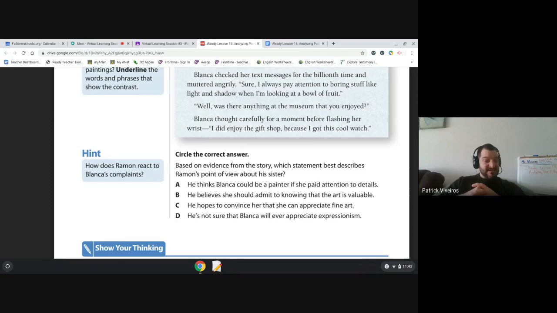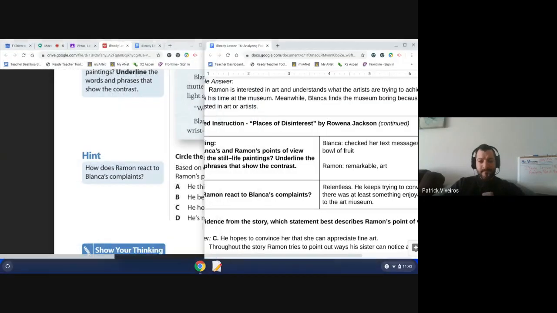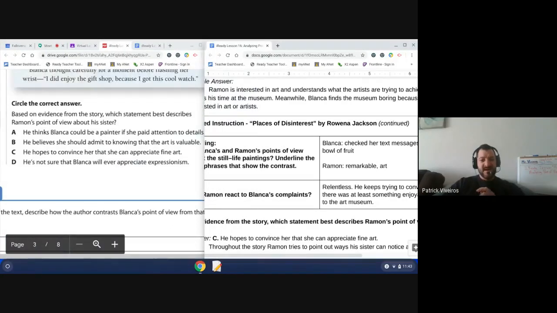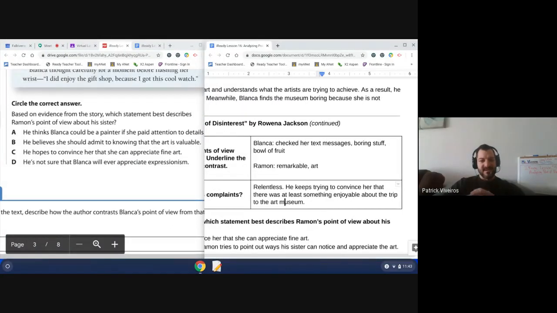Next, C, he hopes to convince her that she can appreciate fine art. Now, this idea really seems to align with what I had jotted down in my annotations, that he was very much relentless based on her complaints. Like he keeps trying to convince her that there's something about the trip that's enjoyable. So I think C closely aligns with my thinking. Actually, I'll let you know that the answer is C, and I'll explain that a little bit more later. Lastly, D, he's not sure that Blanca will ever